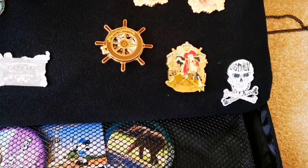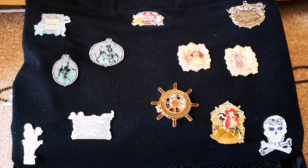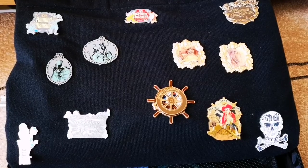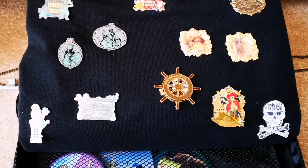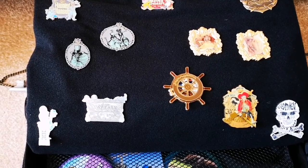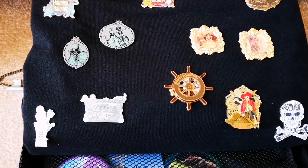So those are the ones that we picked up along the way. And then turning over, there's some really, really good ones here. A lot of these come from what they call the mystery packs. I don't think they really do these in Paris, or they might have just started, I'm not sure. But certainly in Disney World in Florida, they're very, very popular. And basically, they will issue a series of pins, maybe a set of 6 to 8 pins, and you pick up a box which contains 2, but you don't know which 2,